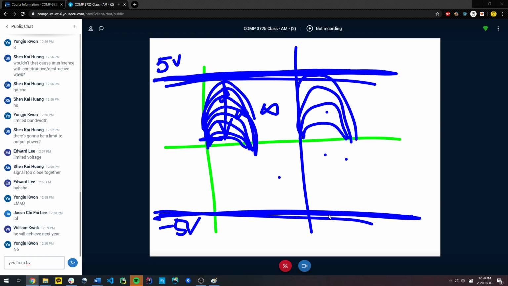But at the same time, we also need to ensure that there are enough gaps between each of these levels that we define, so that as we transmit them over the air, we can clearly distinguish between the actual level that was transmitted. And effectively, that is the bound on the amount of bits we can actually transmit.